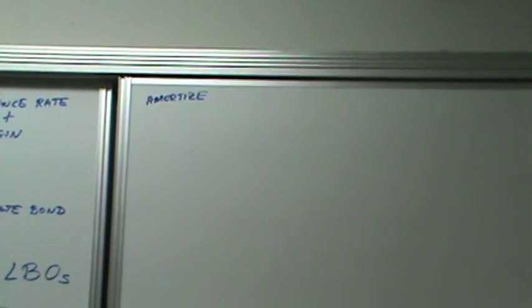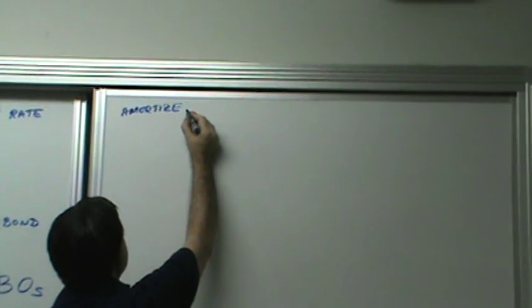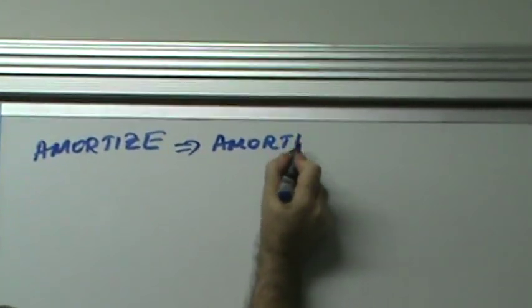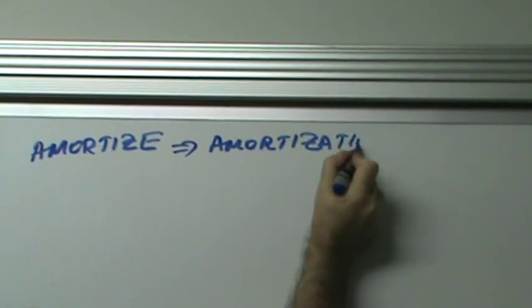And to amortize basically means to pay down a financial asset. So amortization essentially means paying down the debt. Now, let's see where we have. Amortization, to amortize becomes amortization